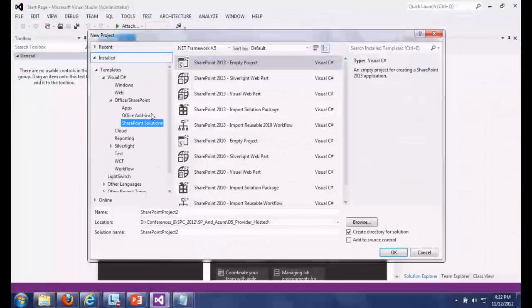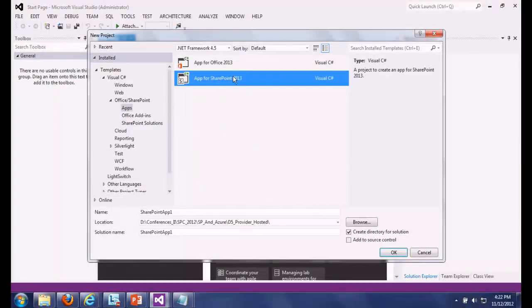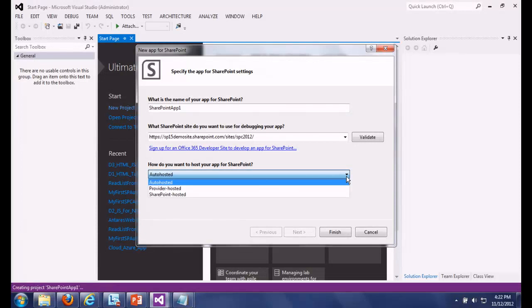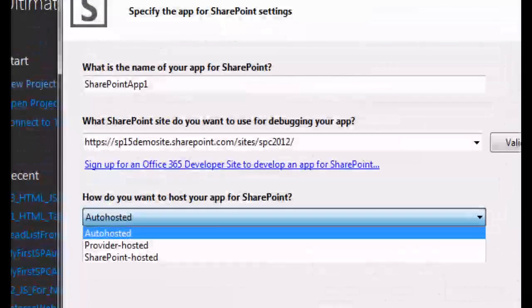This is where we have the new features and functionality for SharePoint. Okay? Click OK. Here you can see we have my SharePoint tenancy. I've got different types of apps Scott was talking about this morning. He talked about auto-hosted versus provider-hosted. I'm going to go deep tomorrow afternoon on the difference between these things and how that world of Azure plays into this. But all you need to know is when I build something for Office 365, I can leverage these two types of templates to do that.